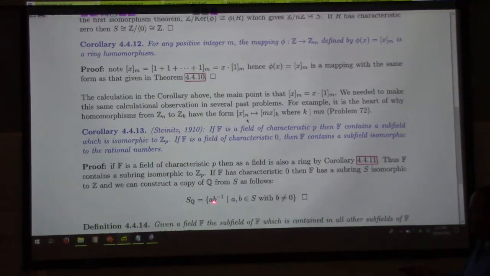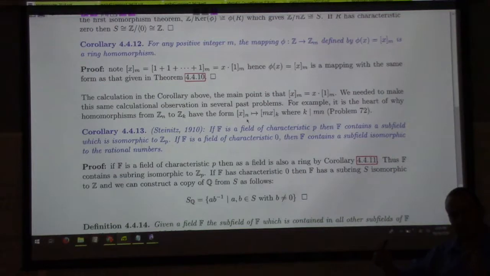You just look at A times B inverse. And the reason that that exists is because you're starting with a field, which means every non-zero thing has an inverse. And so if you take the copy of the integers inside that and then you build fractions from that, you either get a copy of Zp or you get a copy of the rationals